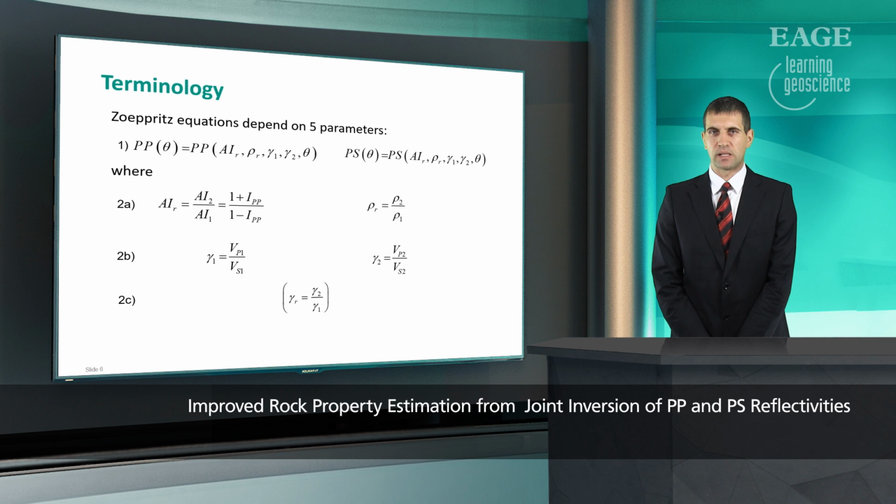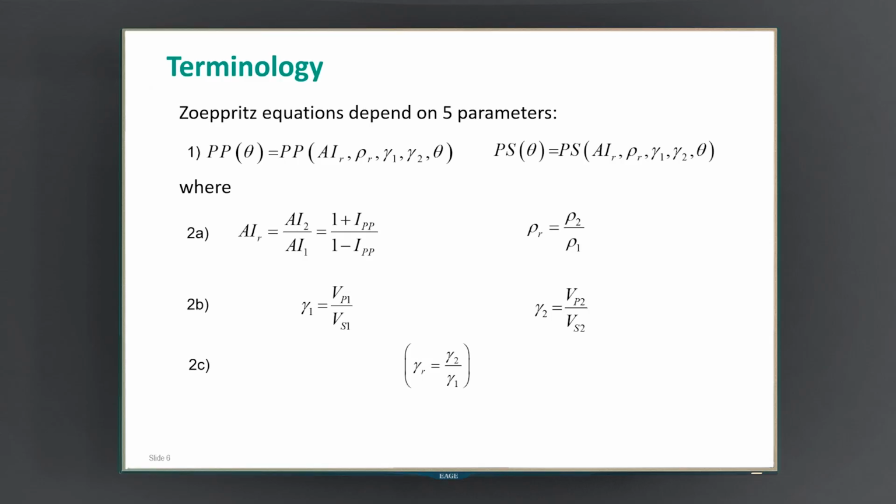Furthermore, density ratio, VP-VS ratio in layer 1 and VP-VS ratio in layer 2. Finally, reflection coefficients also depend on the angle of incidence, theta. Note that in equation 2c, I define an additional parameter, namely a ratio of VP-VS ratios in layer 2 and